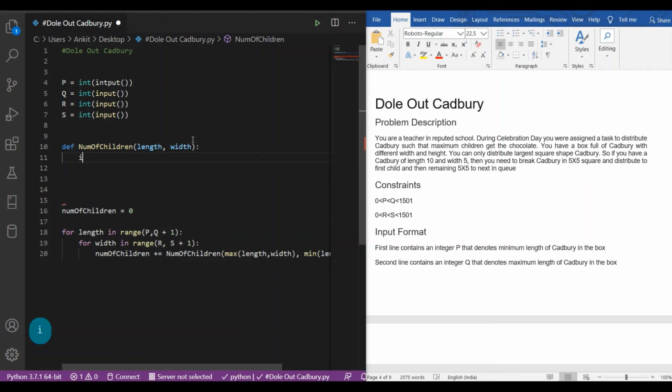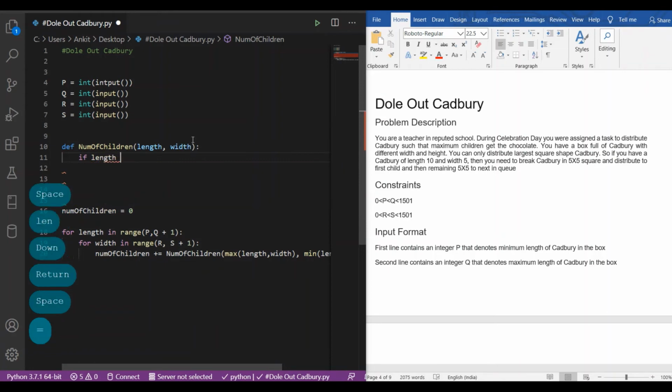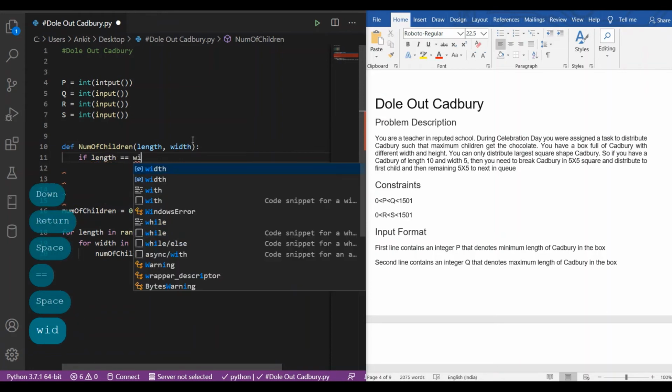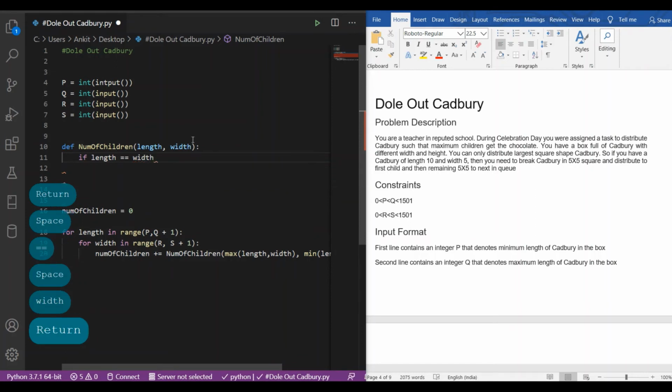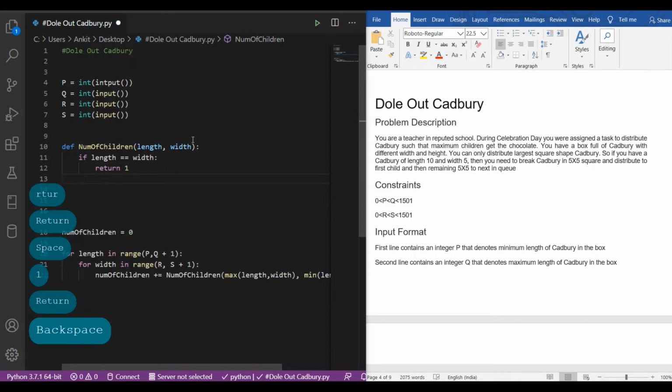So for that we have to check the condition that if the length is equal to the width, then we have to return 1. If length is equal to width, then the largest square piece of Cadbury that can be found is only 1, so only one child can get the Cadbury.